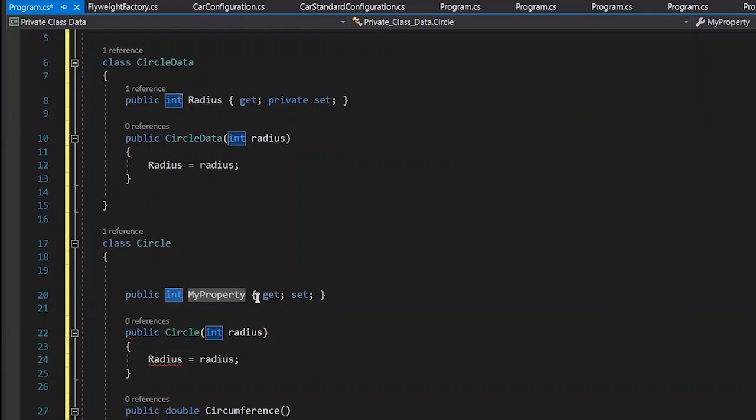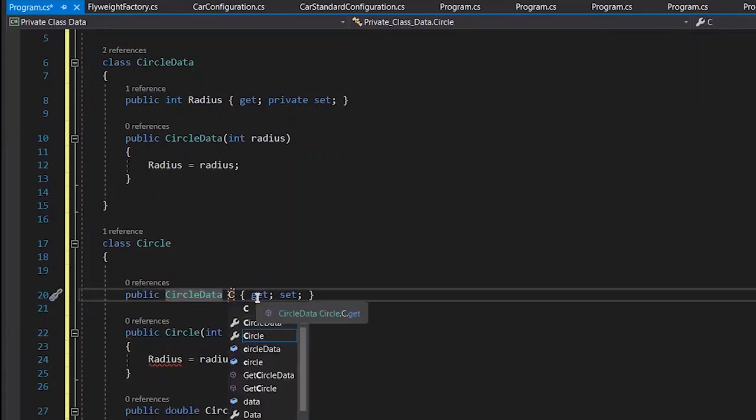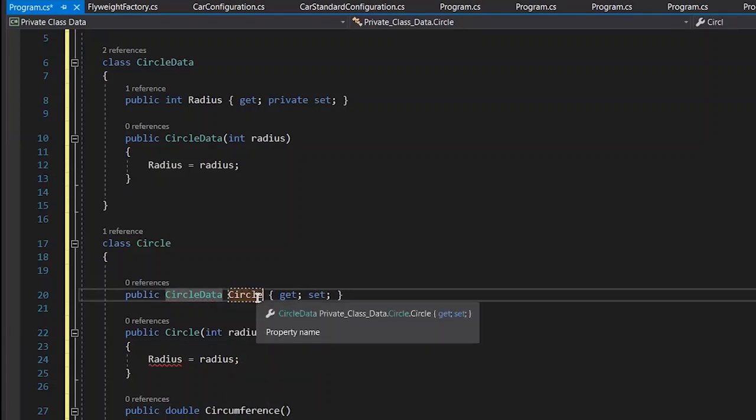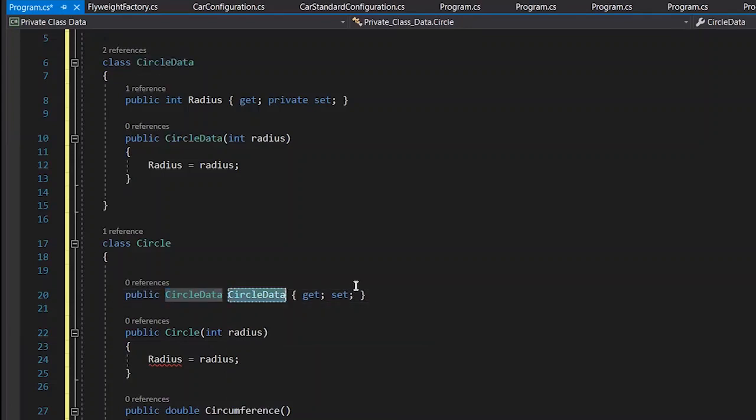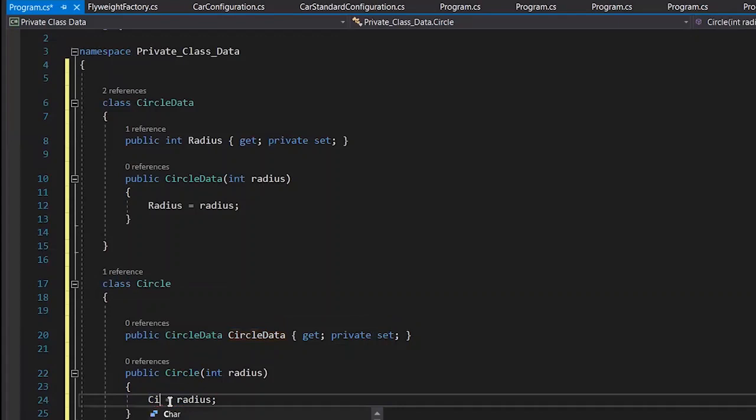I'll write CircleData, and I'll keep the getter the same, with the setter private, again the same thing. So CircleData will be something like new CircleData, and I will pass the radius here.